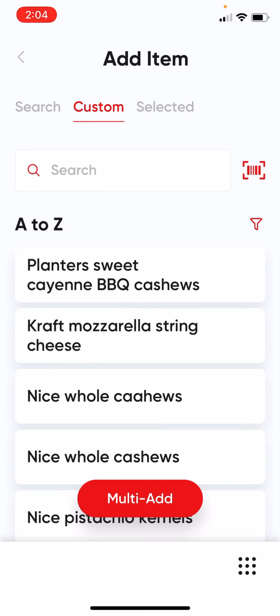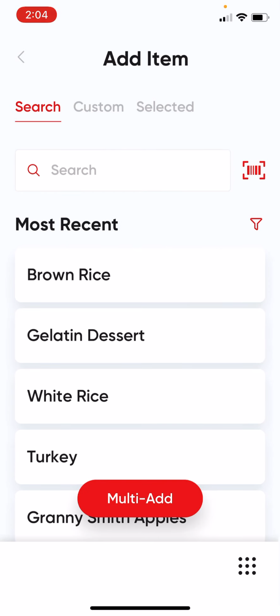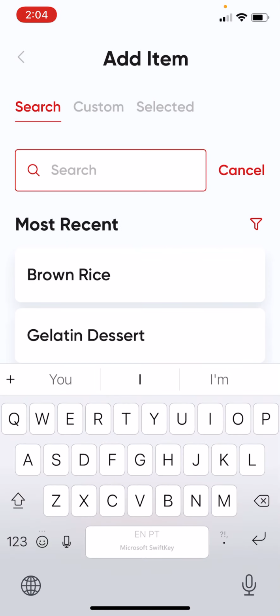Okay, so let's say that that item with that barcode on it is not in the system. Well, then you can add it in as a custom item. Okay, or you can go to your selected items. Okay, we haven't added any, so we're not going to worry about that right now. So we're going to go back to search, and I'm just going to type, let's type